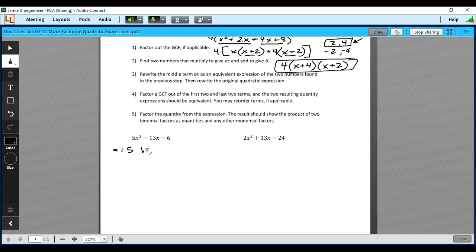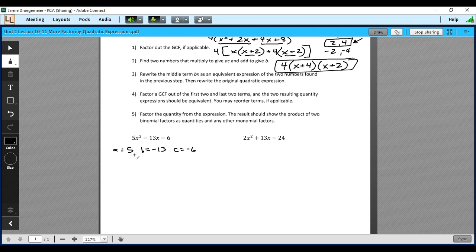Our b is negative 13, and our c is negative 6. First step, we always want to see: can I factor out a GCF? Well, 5, 13, and 6 don't have a common factor among those, so we don't have a GCF to factor out of this one. So in step 2, we want to find two numbers that multiply together and give us